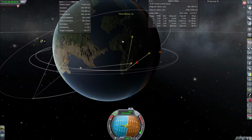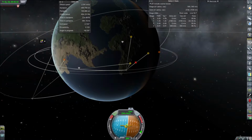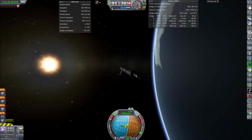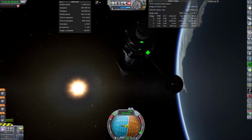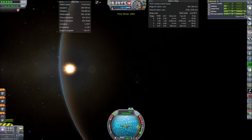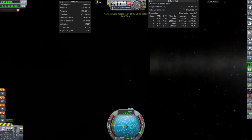Why do we have no connection? It's because we have no electrical charge. Figures. Are we on the dark side? No. No, I thought we had solar panels. We have no connection because we have no electrical power. Guess we're gonna have to go around again. Hope our solar panels pick up something,